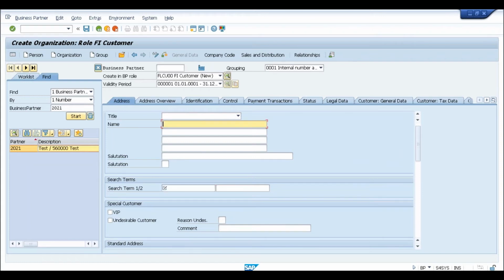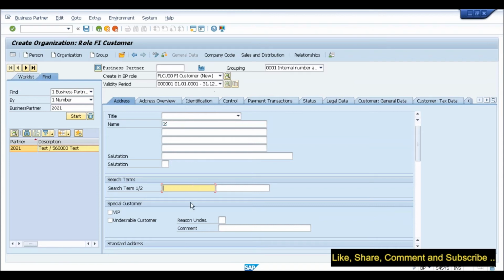So how is this controlled? Are they controlled based on the role? The answer is no. They are not based on the role. They are based on the account group of the customer. So what is happening? As soon as you select FLCU00, and by this grouping, the system is automatically determining the customer account group. And in the customer account group, we already have the field control, which defines whether a particular field is mandatory or not. So based on that, it is asking you the mandatory information.